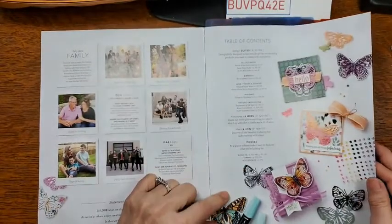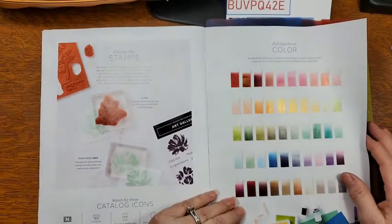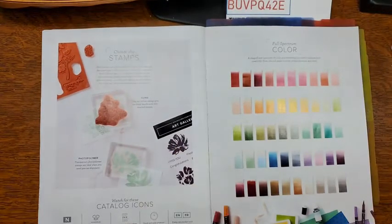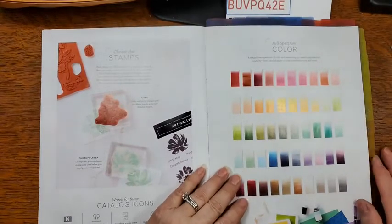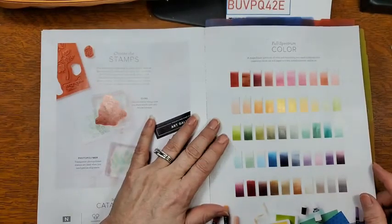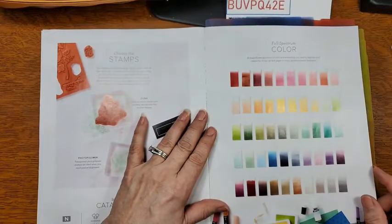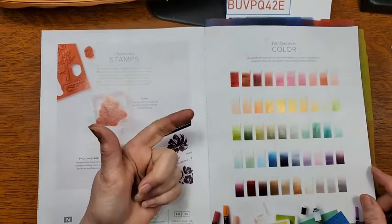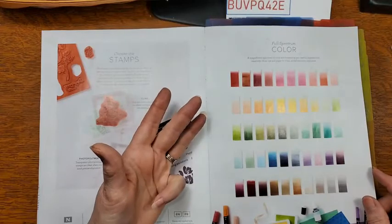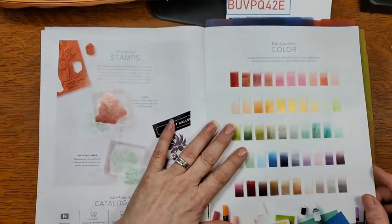And then we come to the table of contents, and this is the full spectrum of color, a magnificent spectrum of color, and everything you need to express your creativity, from ink and paper to trims, embellishments, and more. So if you've been around Stampin' Up! at all for any time, you probably understand how this full spectrum of color works. Everything that Stampin' Up! creates, whether it be ink, and that's in Stampin' Write markers, the classic Stampin' Pad, the Stampin' Blends, the watercolor pencils, all of those things that they create all coordinate with their cardstock with the same colors, and